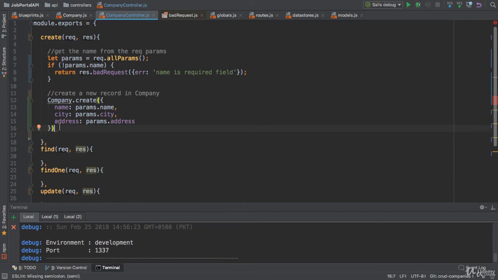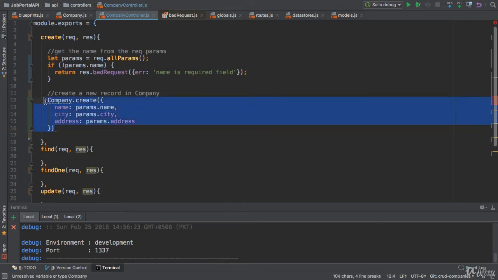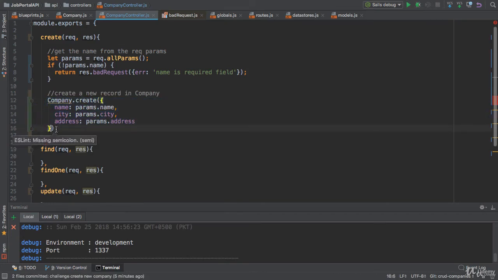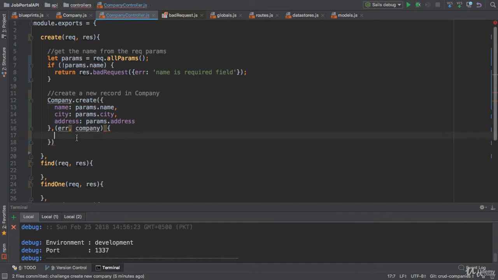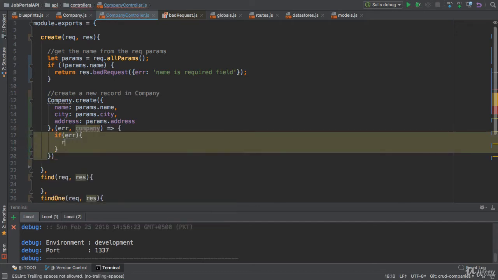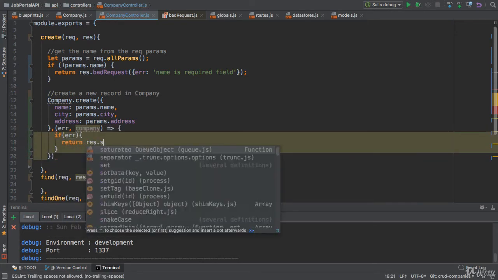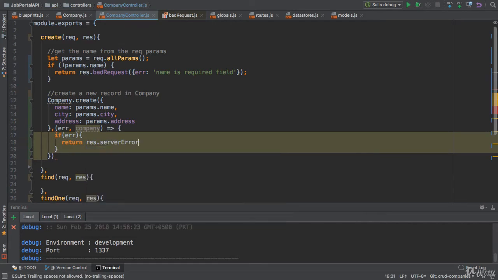Now there are multiple ways to work with the model. First of all, the first one is the callback method. It will take a callback method. If Sails has created the company successfully, then it will call this callback method. I'm going to use an arrow function. If error, we need to send the server error, res.serverError. We need to provide the error.